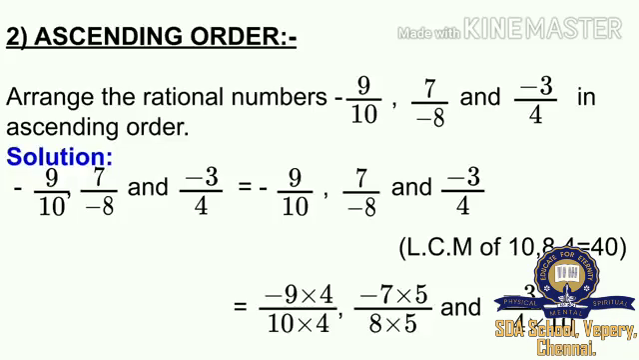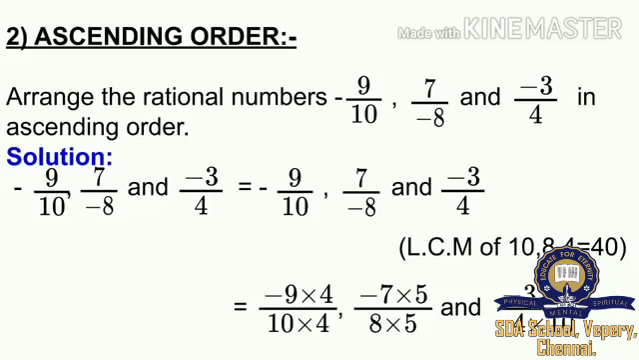Next we are going to learn about ascending order. In earlier classes you have learned about ascending order and descending order, right? But you usually learned in previous classes about integers, just whole numbers like that. Today we are going to learn about ascending order with rational numbers. Arrange the rational numbers minus 9 divided by 10, 7 divided by minus 8, and minus 3 divided by 4